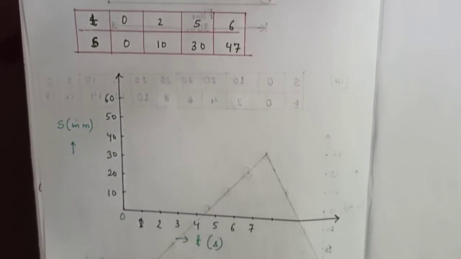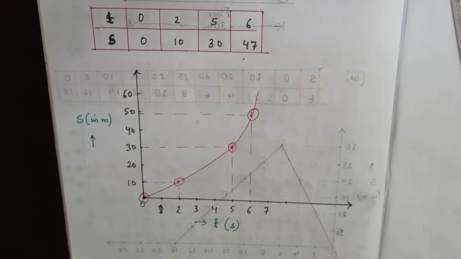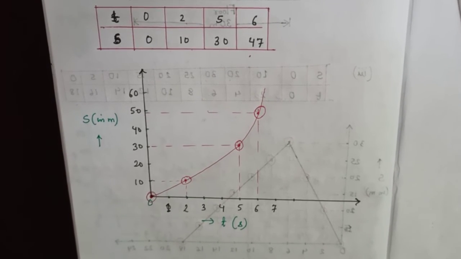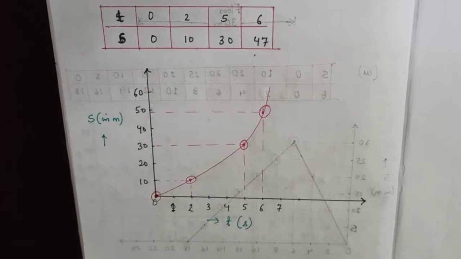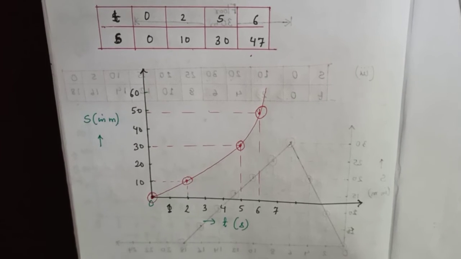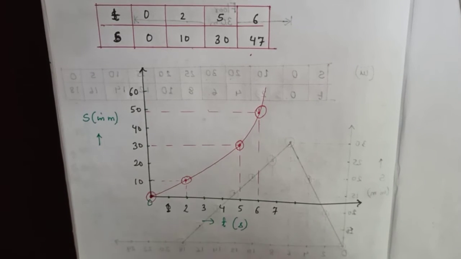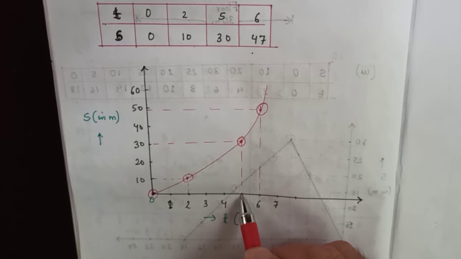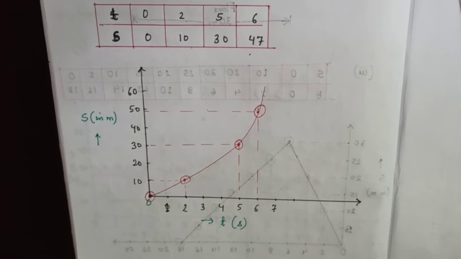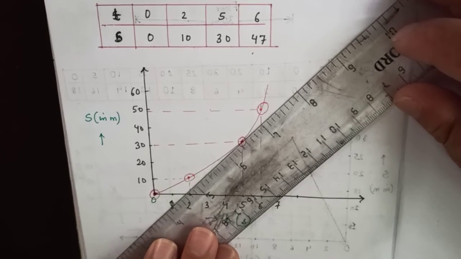For this motion, if we plot a graph, the graph will look like this. So what you get here is a curve. So if you have a body moving with variable speed, you get a curve. So in order to calculate the velocity, which is in this case a variable velocity, that means the velocity at different points is different. So if you have to calculate the velocity at a particular instant of time, then that instantaneous velocity can be obtained. For example, if you want to calculate the velocity of this body at 5 seconds, then in order to calculate it, here we draw a tangent.